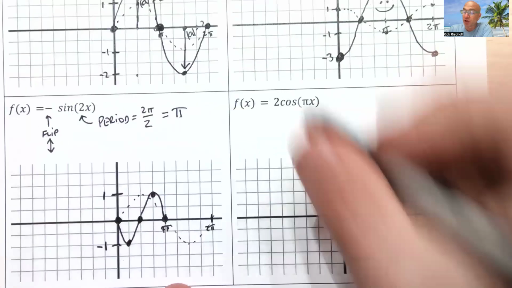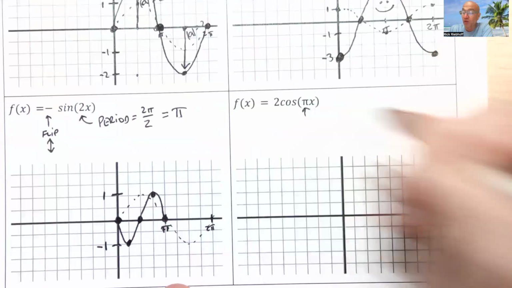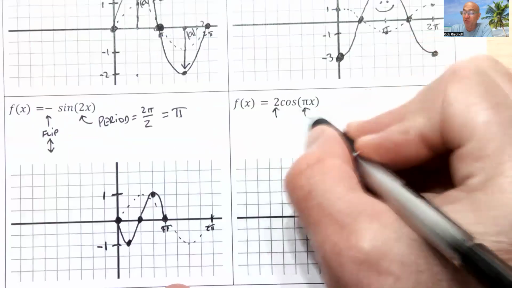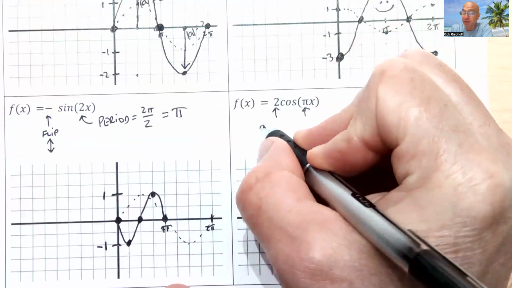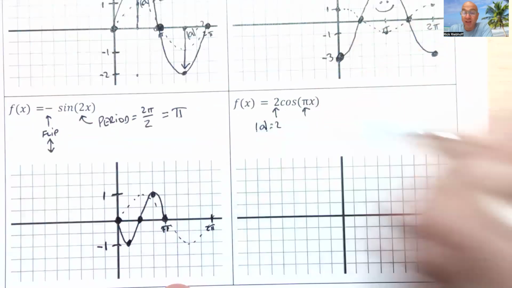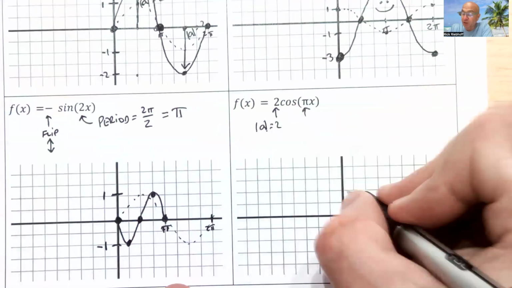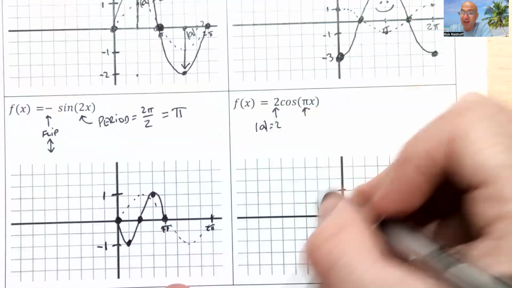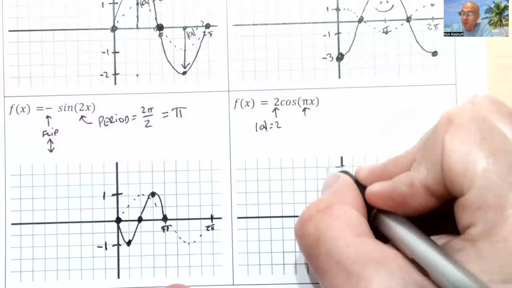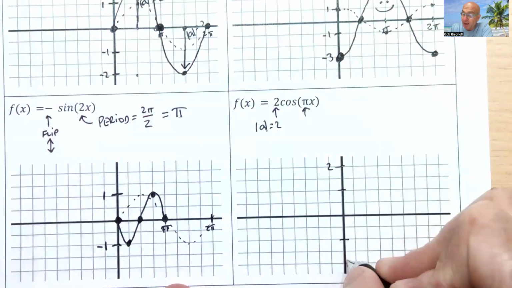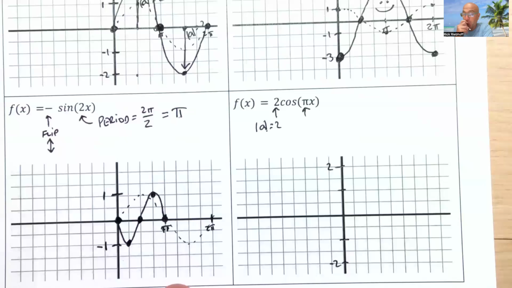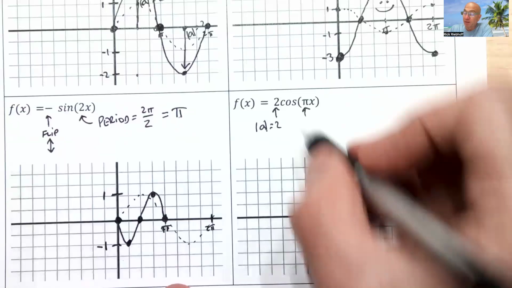Last one. 2 cosine of pi x. Oh, whoa, that's going to be funky. It's always funky when that happens. So this means amplitude is 2. It's positive, so it's going to stay the same, right? But the amplitude is 2. So that means without anything else going on, we're going to go between positive 2 and negative 2. Cool. So our high point's going to be 2. Our low point's going to be negative 2. The period, though,